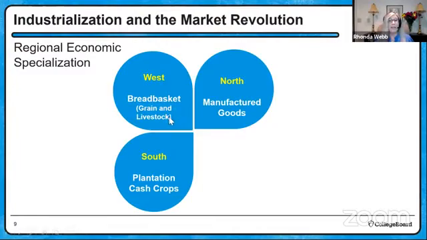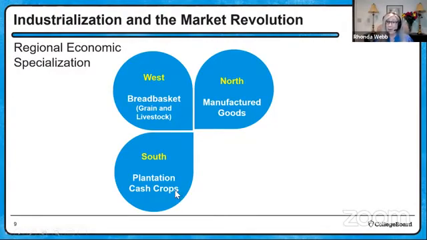So when I've got this set up, when we talk about the market revolution, we're talking about each region of the country specializing in a certain factor of the U.S. economy. In the North, it's all about that industrialization. They've got the geography, the swift moving rivers that are generating the power to move those factories and to spin the thread into the cloth, and then be able to distribute it far and wide because of the rivers that are there.